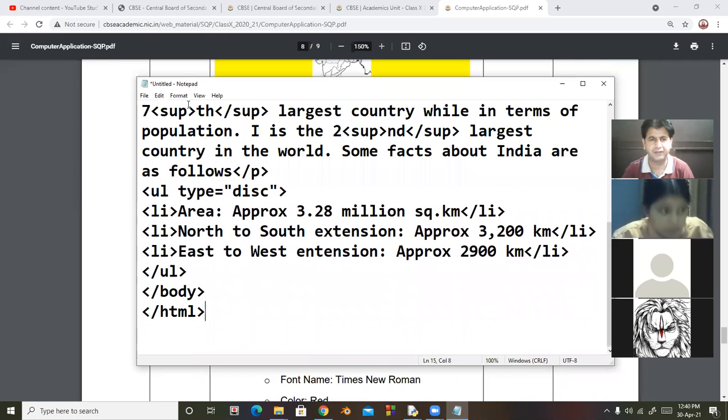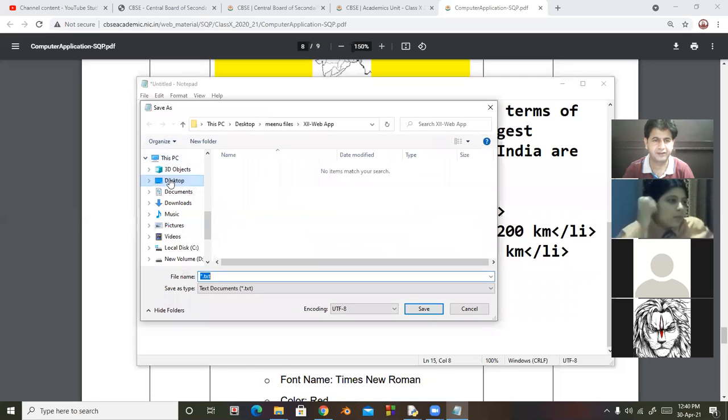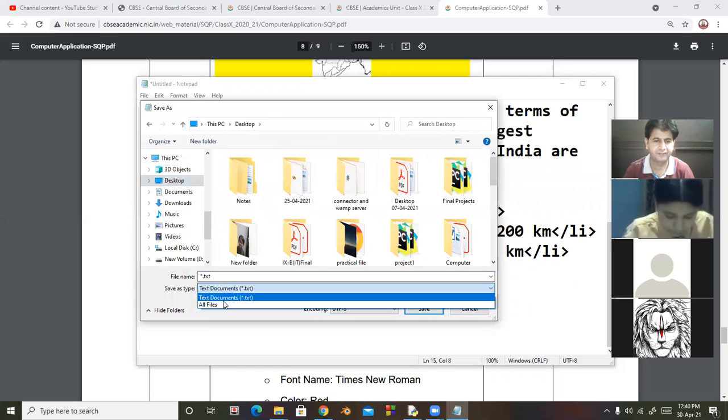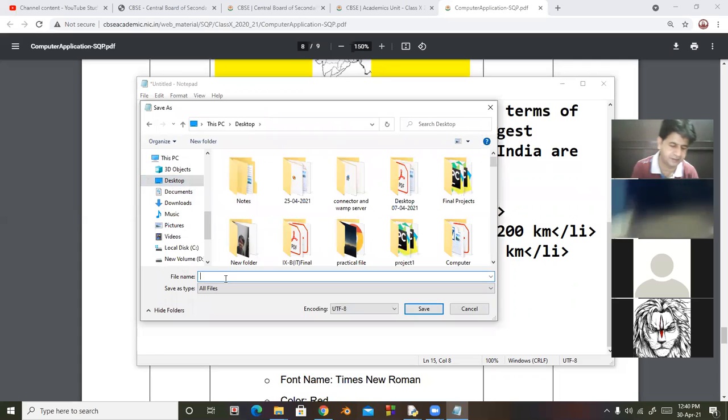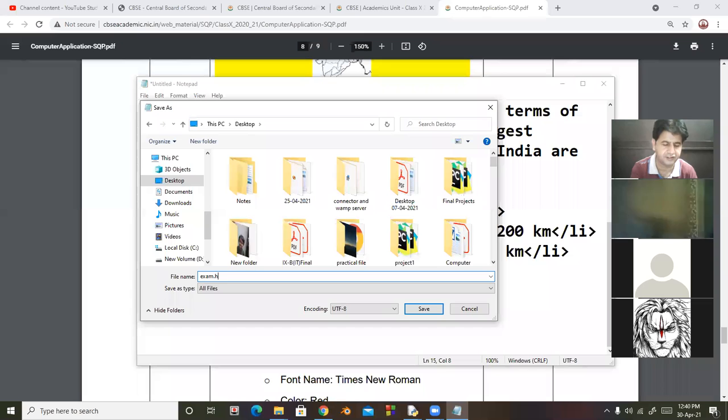Now I am saving this file in desktop with extension exam.html.